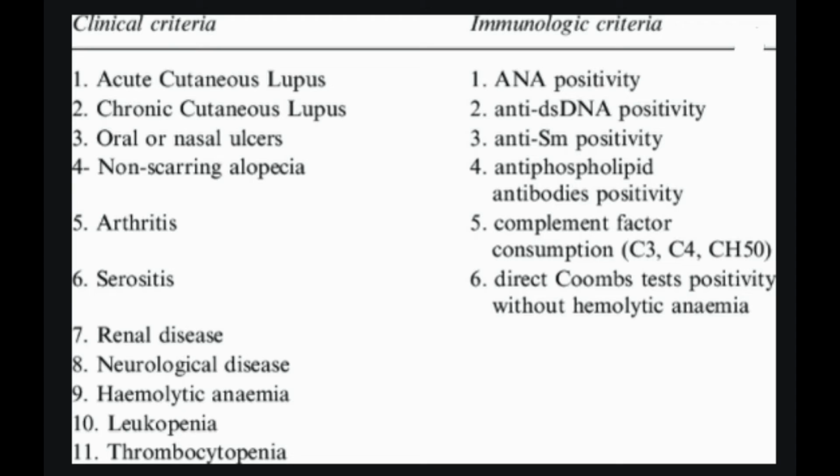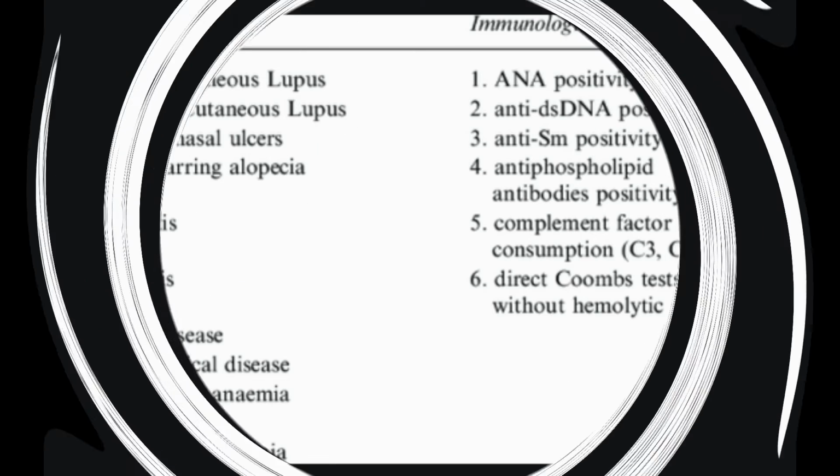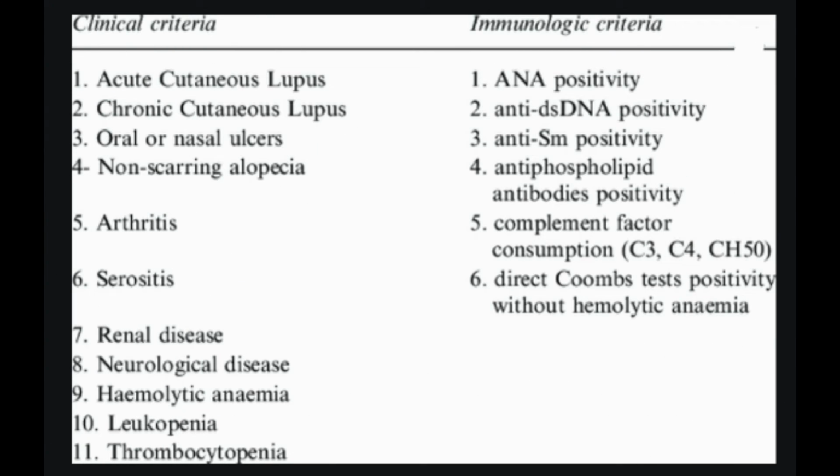equals 56%, specificity equals 86%. Pleural is more sensitive, cardiac is more specific. 4. Oral ulcers, includes oral or nasopharyngeal ulcers, sensitivity equals 27%, specificity equals 96%. 5. Arthritis, non-erosive arthritis of 2 or more peripheral joints, with tenderness, swelling, or effusion, sensitivity equals 86%, specificity equals